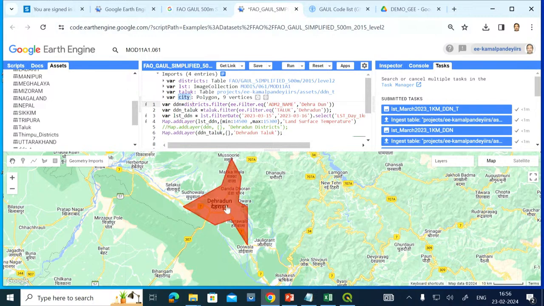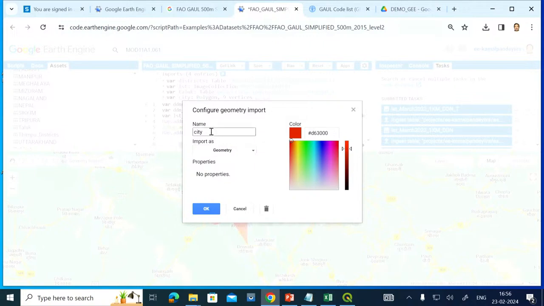This can be corrected from here also, properties, name is city, or we can write Dehradun here. In the properties section, no properties are there, it is geometry only.